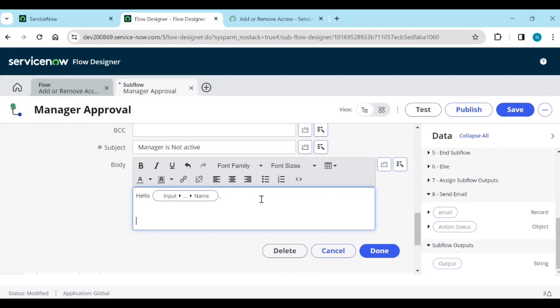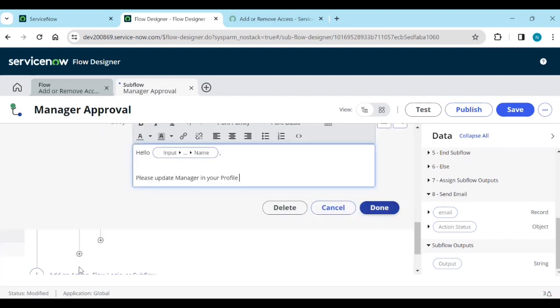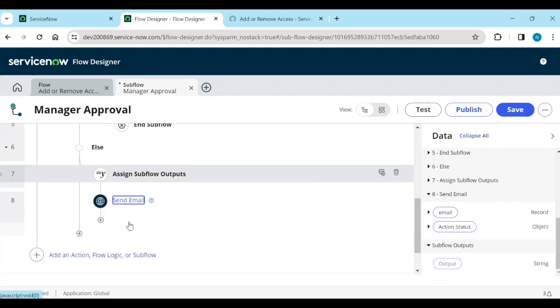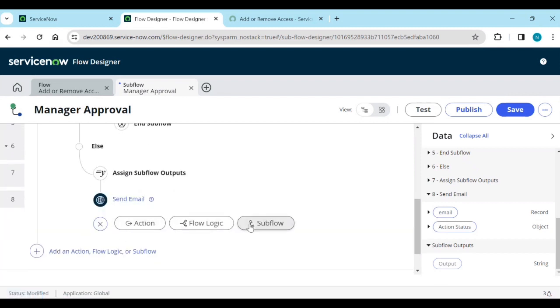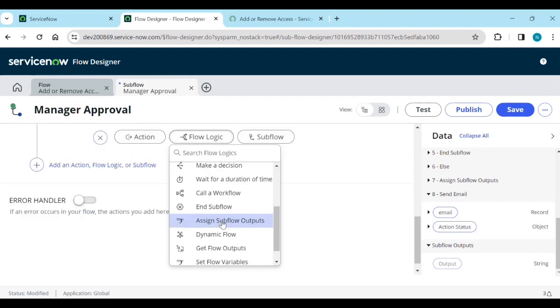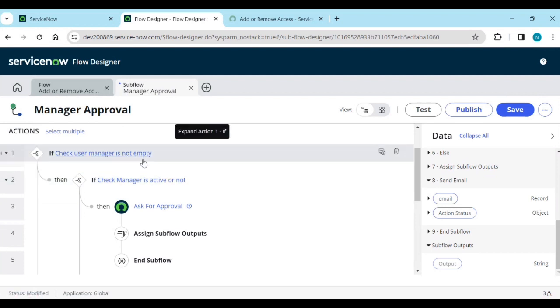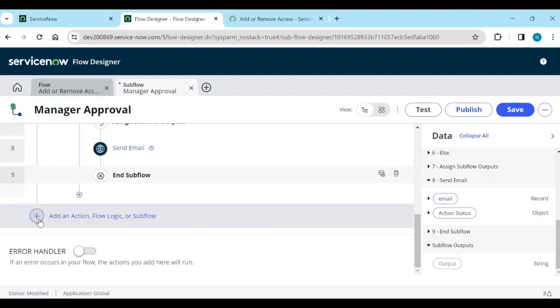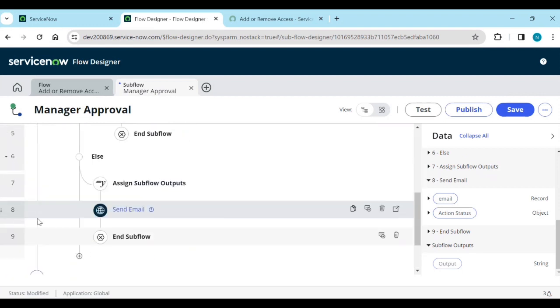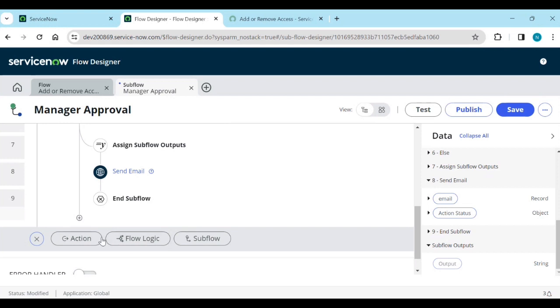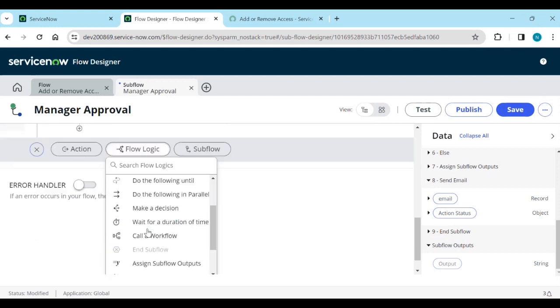Okay, comma, please update manager in your profile. Okay, something like that, and done. And then end the subflow. Flow logic and subflow. Okay, if check manager is not empty and is empty, so this flow. Okay, so this flow, and here assign